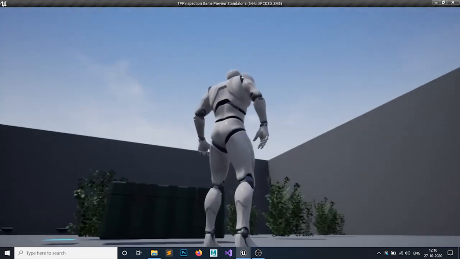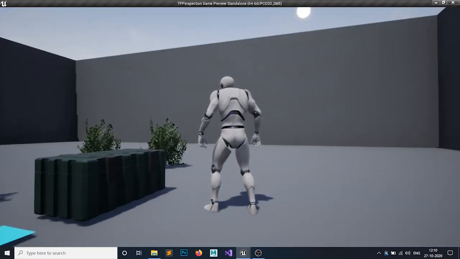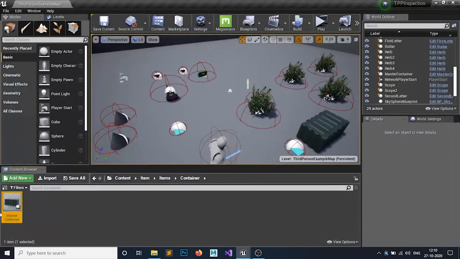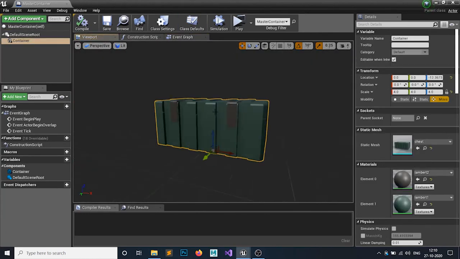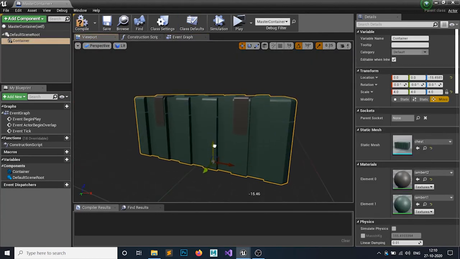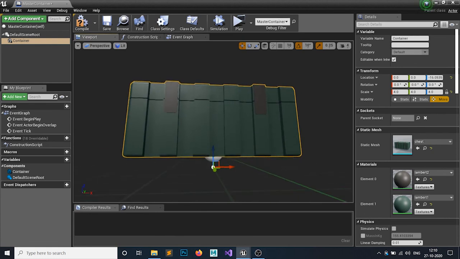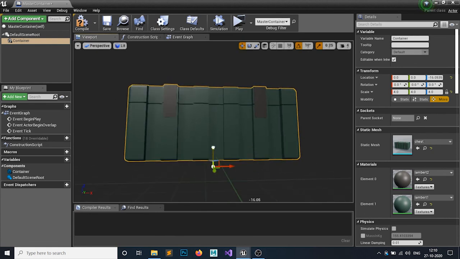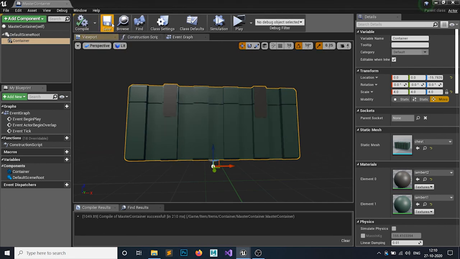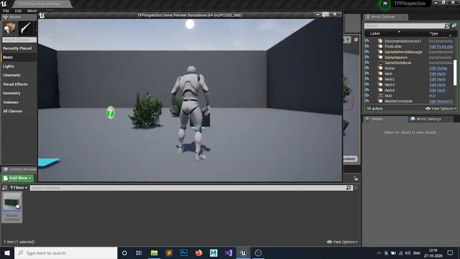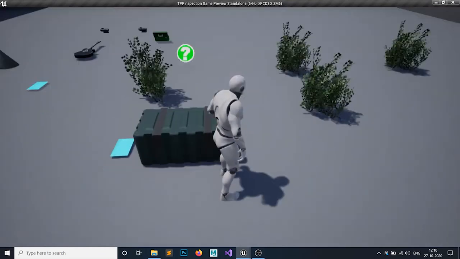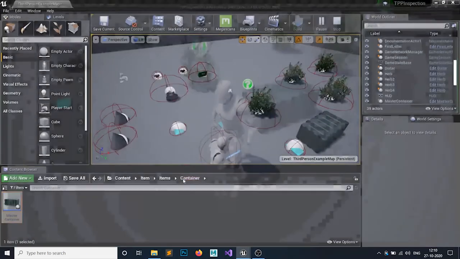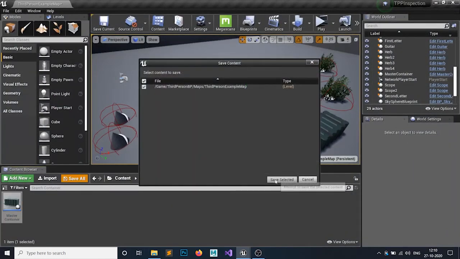It is still levitating. So now I think, yep, it is better. So we have done all of it.